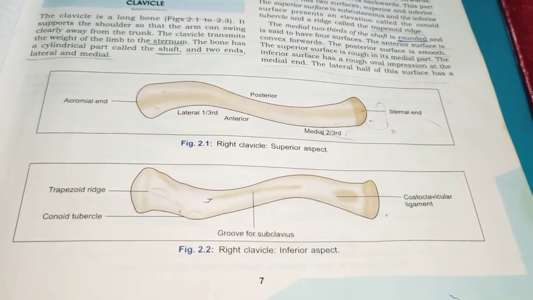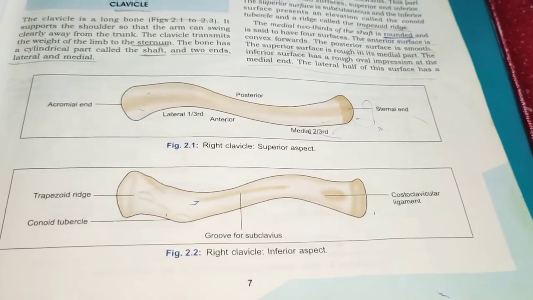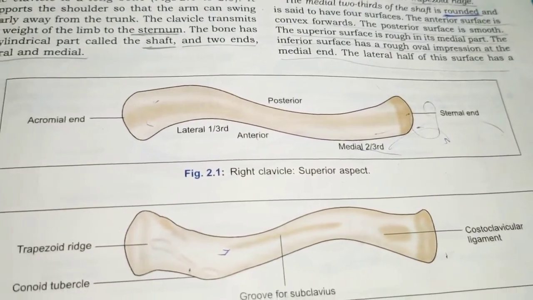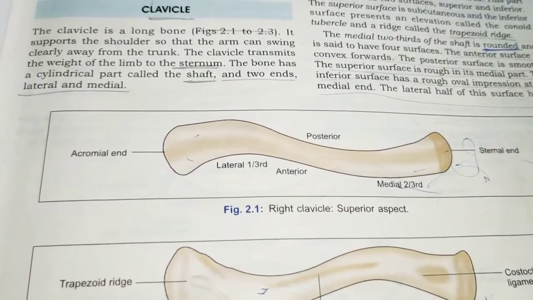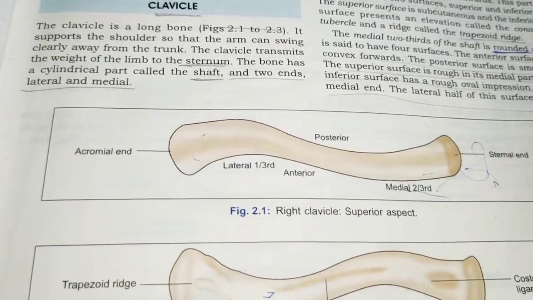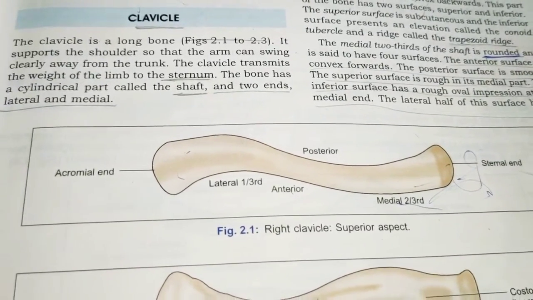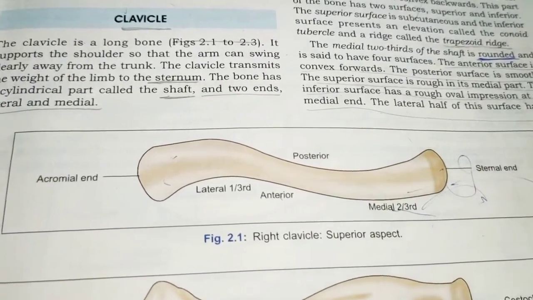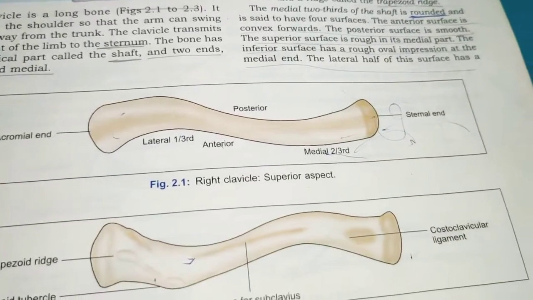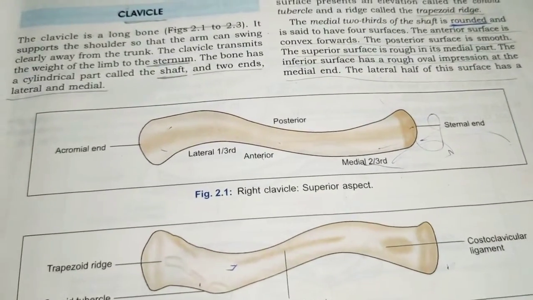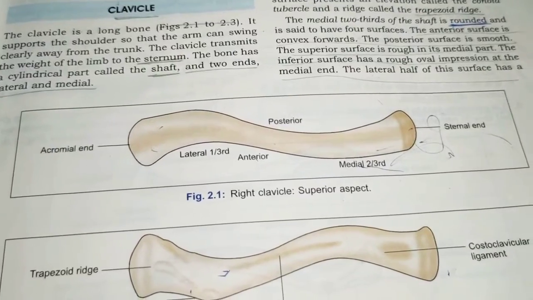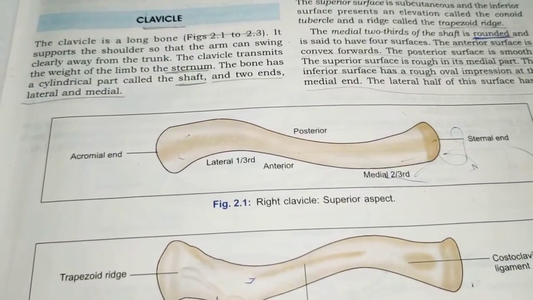So the bones of upper limb are mainly 64 in number, right? And of course it is 64 for the two sides of the limb. So 32 on each side, for example 32 on right side, 32 on left side. Actually everyone knows we have 206 bones. So among them upper limb have 64 bones.